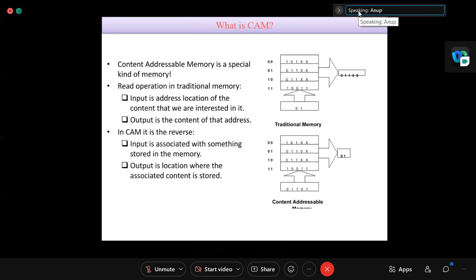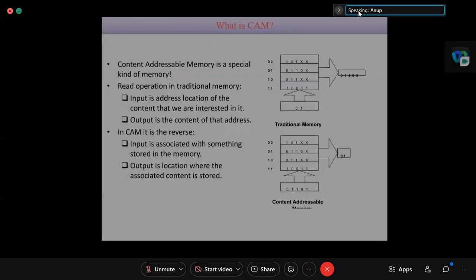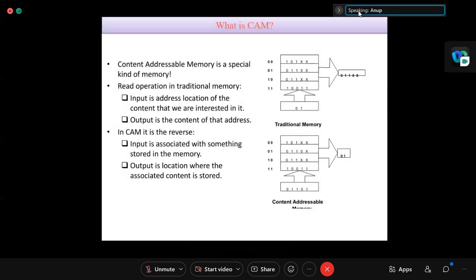What is CAM? CAM is content addressable memory. In memory, just now we have discussed that some data could be written, and some data could be read after some time. We are keeping data means we will be utilizing data. Now what does CAM do, instead of direct